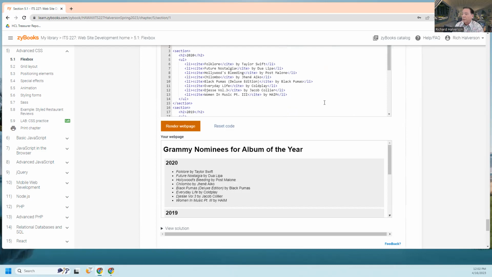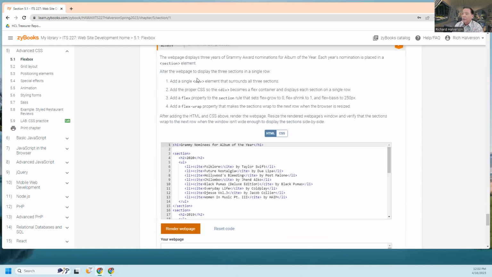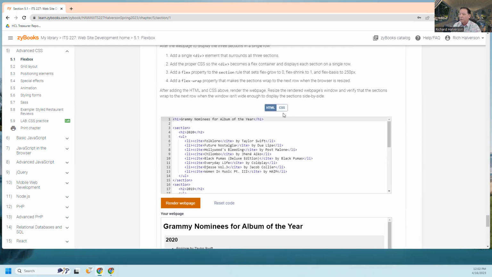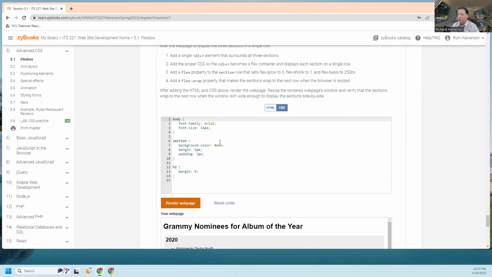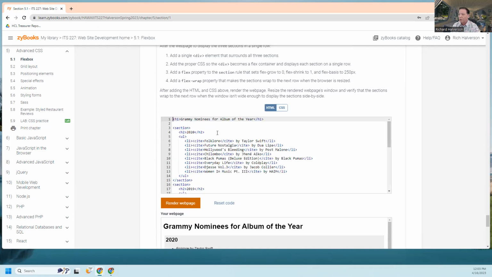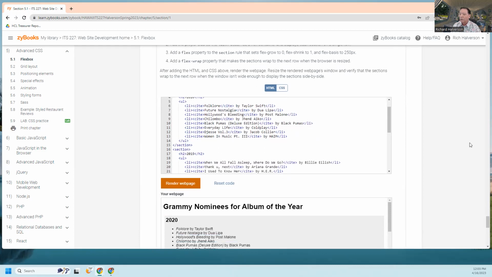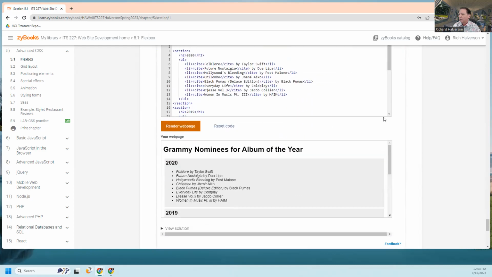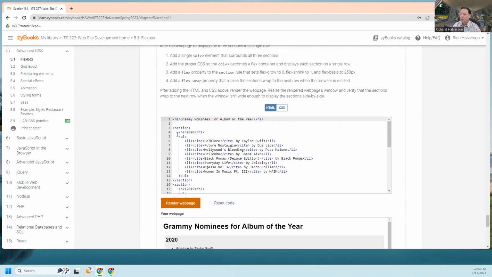This is a pretty interesting thing to go through. All you do is follow the instructions up here. So add a single div element that surrounds all three sections. Right now it looks like this, all in line. If we stick a div around all three sections, I can make this bigger. Okay. Div,